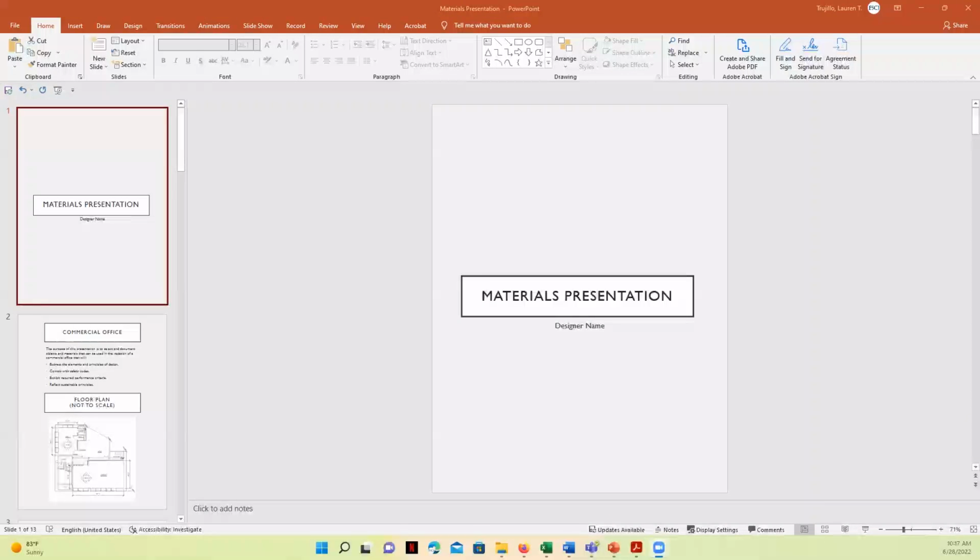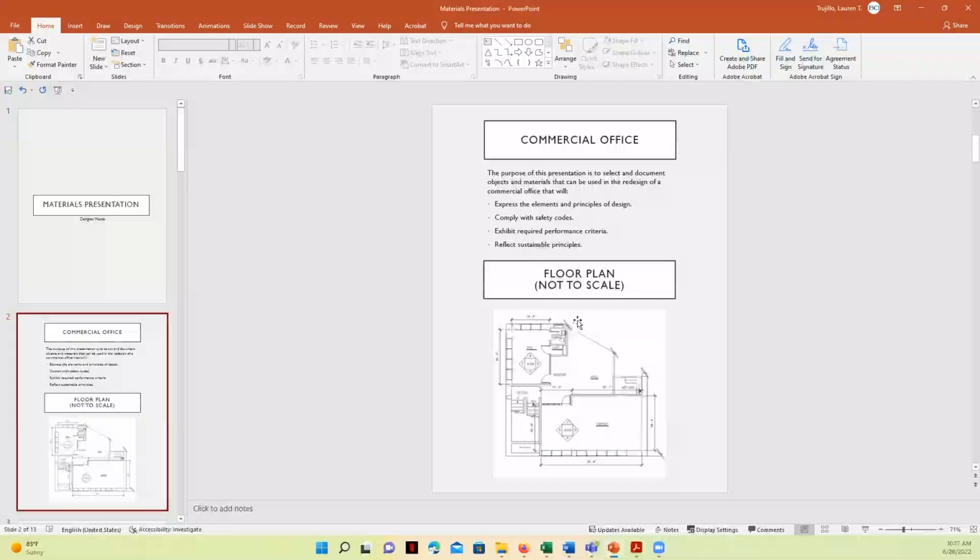So you can see here at the beginning, the first two slides, we have the title page that you can see in the preview pane here, and then a larger version over here in the center. Now you can see in these first two pages, we're introducing the presentation and the name of the designer. And then here I'm introducing what we're going to be discussing in the presentation, and a floor plan that conveys the scope of the project itself, which are both provided to really orient all of the viewers, or audience, I'll be using those terms interchangeably, to what we're going to be discussing.